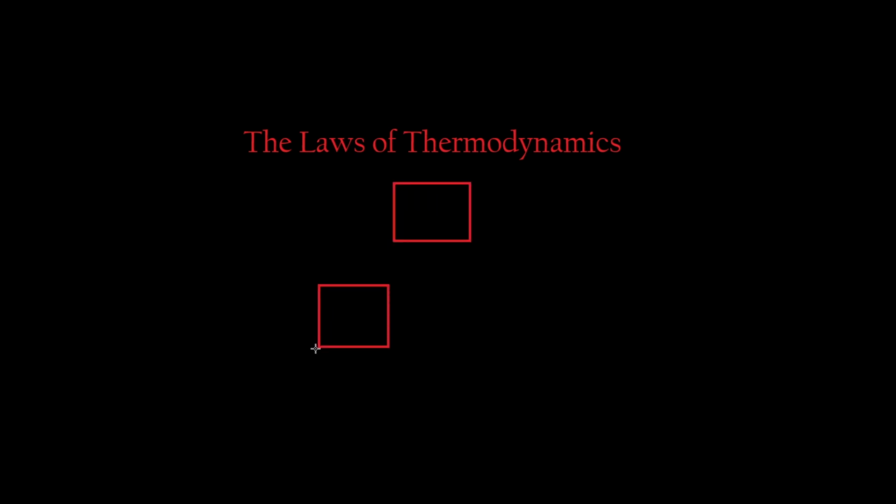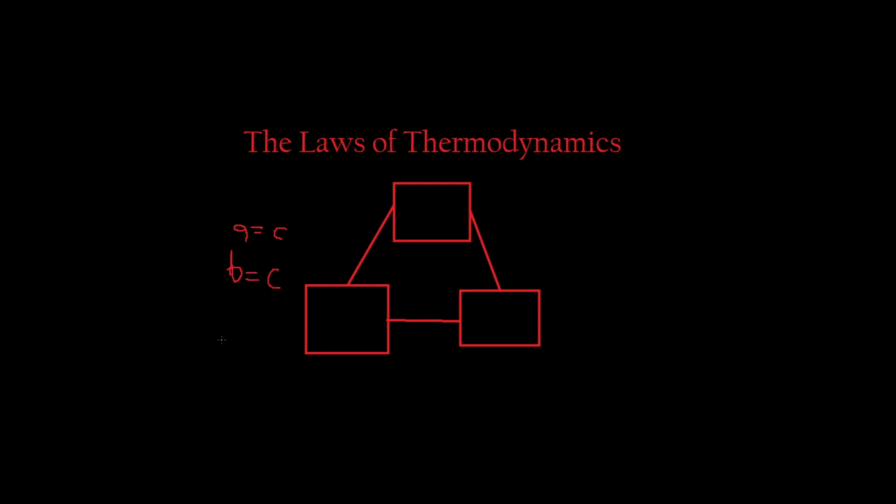The zeroth law has something to do with thermal equilibrium, which can be achieved if there's no temperature difference between two systems. So basically, the zeroth law just states that if there are two individual systems that are in thermal equilibrium with a third one, then those two individual systems are in thermal equilibrium with each other. So basically, if A is equal to C and B is equal to C, that means A is equal to B as well. Pretty basic stuff.